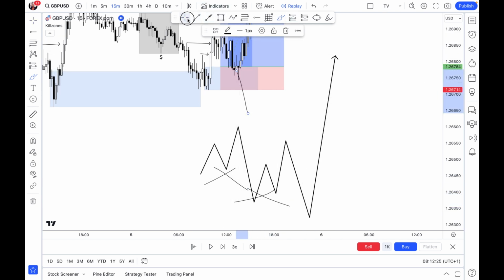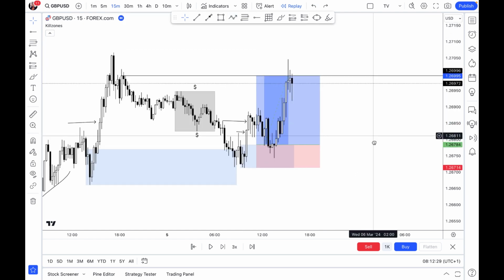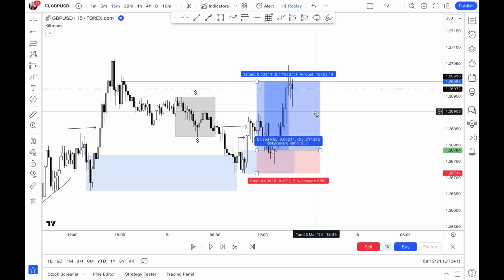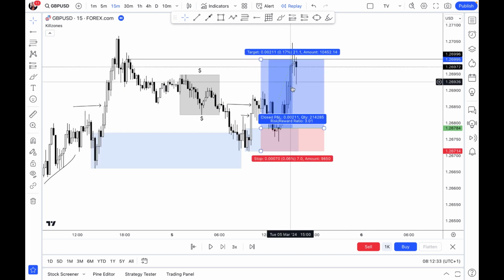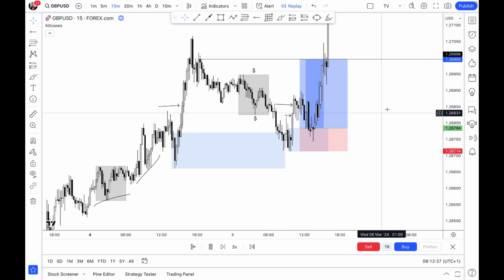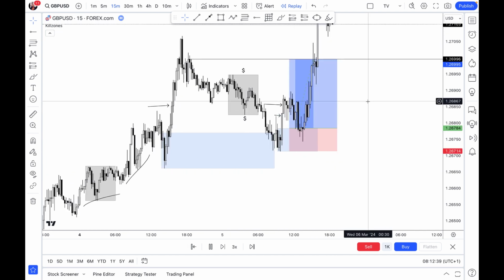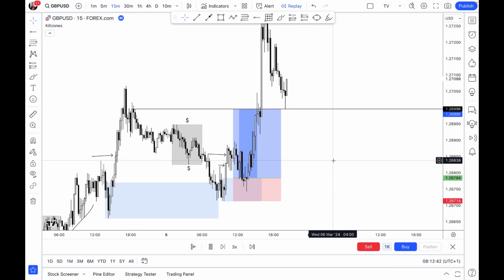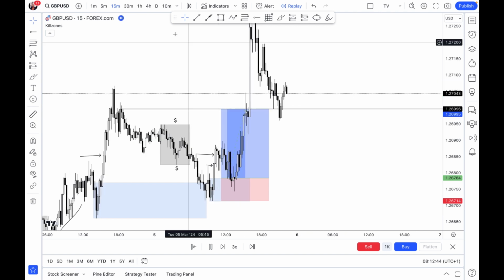Okay, so there are times it's better not to trade at all than to have losses and lose your account. So I decided to just allow the market to run. So I missed out on this nice buy setup, but it's all good.